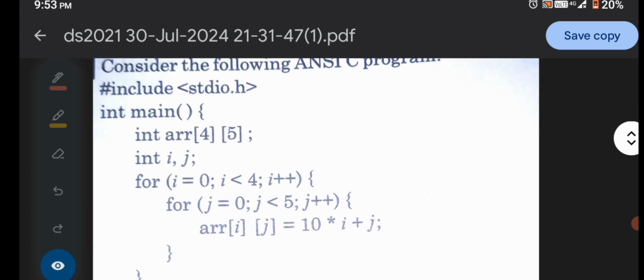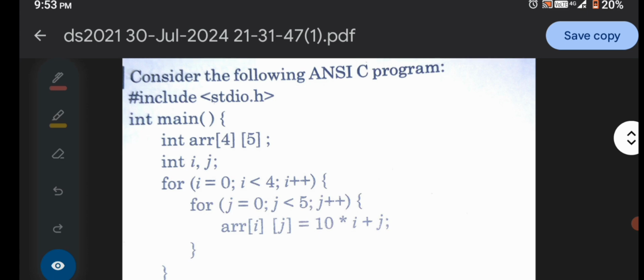So this is another question based on an array. Here the array size is 4 by 5, and there are two integer variables, i and j, for iteration purposes. The i value starts with 0, is less than 4, and increases by 1, and the same for j, but its condition is different: less than 5.